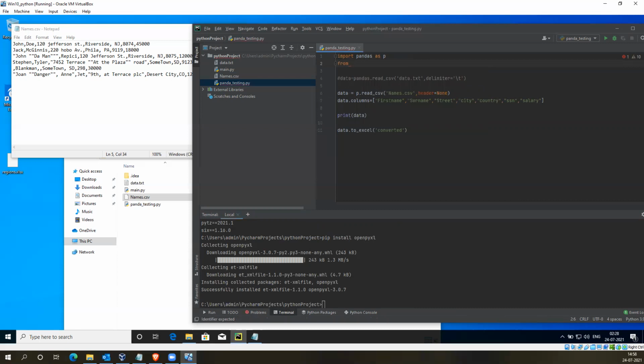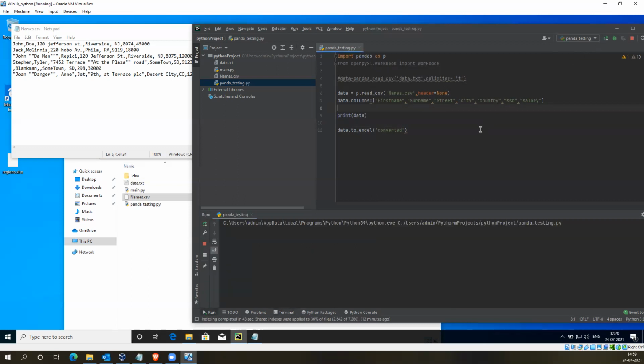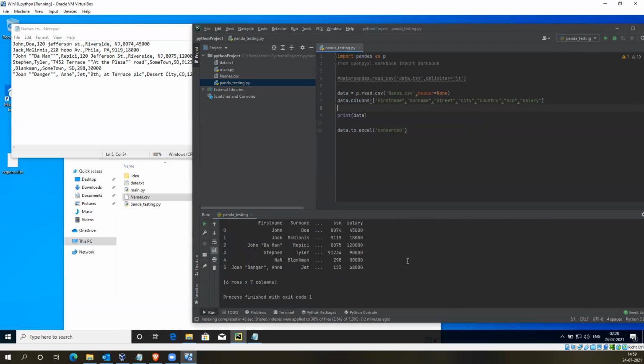What is the library we install? OpenPyXL, right? We don't need everything. We just need the workbook library. In that one also, we need only this Workbook class. I can use this for creation of Excel files. This contains internal objects.